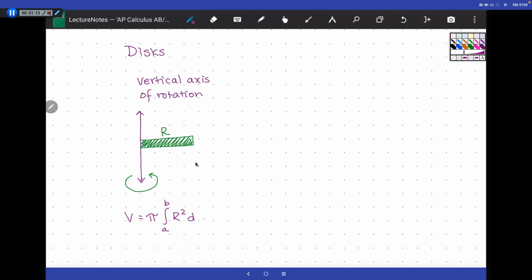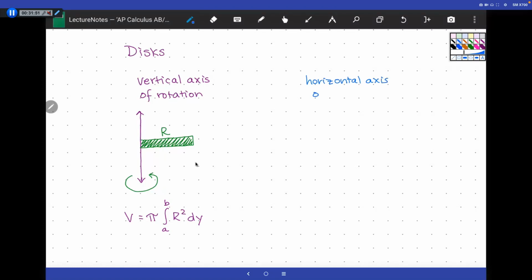What do you think? Look at the thickness of the rectangle. Is that along the y or the x-axis? It's along the y. So this thickness here, wherever the y-axis is, I would eventually go to the y-axis. It would be along the y-axis. That's what I mean by along the y-axis. So a vertical axis of rotation is going to make a dy problem, but if you have a horizontal